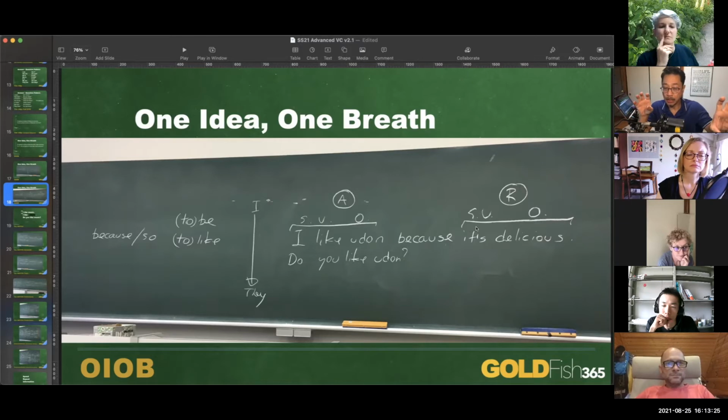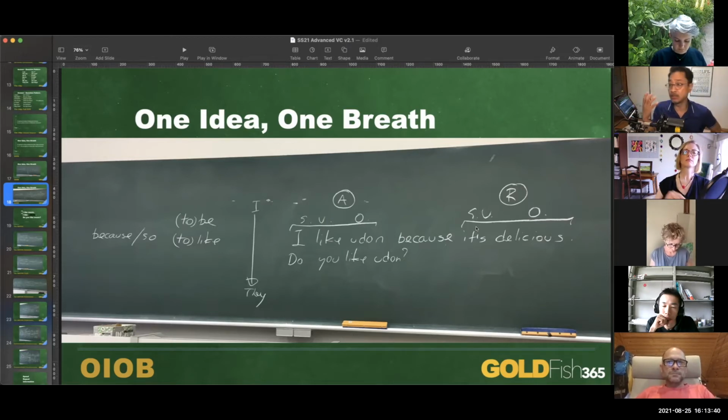In that order, it's because. If you switch the order and you want to state the reason first before the actual action, then it's so. It's delicious, so I like udon. And then they can make it clear in their heads. Sometimes these kids, especially if they're second year students, don't care so much anymore about their entrance exams. They forget that order, or maybe they just never understood it in the first place. And you go with, I like udon because it's delicious.